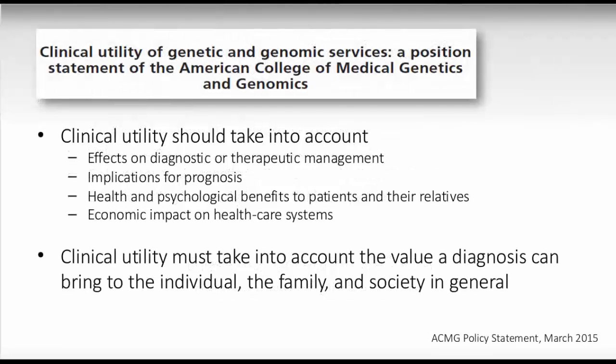Recently, a few months ago, the American College of Medical Genetics and Genomics put out a position statement addressing clinical utility of genetics and genomic services. This statement is useful because it clarifies how we should be thinking about clinical utility and that we need to be thinking about it more broadly, that clinical utility needs to take into account effects on diagnostic or therapeutic management, implications for prognosis, health and psychological benefits to the patients as well as to the relatives, and the economic impact